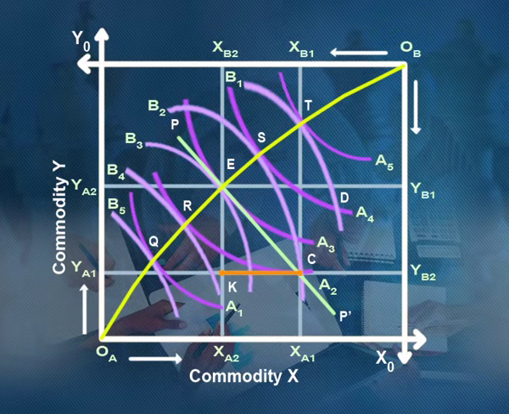At point E on the contract curve, individual A will exchange CK amount of commodity X for KE amount of commodity Y. Since point E lies on the contract curve, which is the locus of the tangency points of indifference curves of the two individuals, the marginal rate of substitution between the two goods, that is MRS XY of individual A, equals the marginal rate of substitution MRS XY of individual B. Thus, exchange of CK amount of commodity X for KE amount of commodity Y will be settled between them at the equilibrium position E. The features of general equilibrium of exchange attained at point E on the contract curve are: